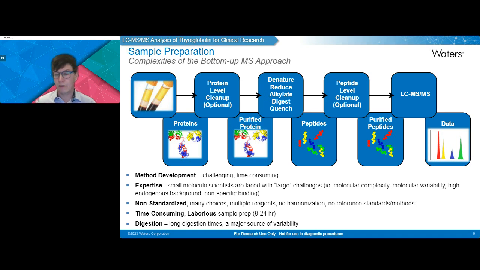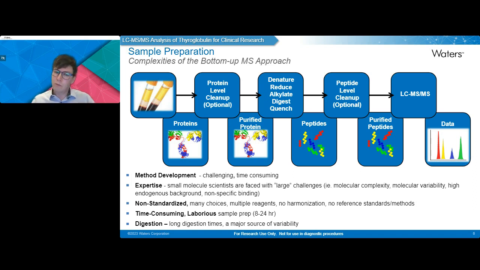Alternatively, you can do an SPE cleanup, but this often acts as more of a desalting step to just clean the background of the matrix up more. It doesn't necessarily remove other proteins or peptides within that matrix. Within that workflow, you also have the option to denature, reduce, alkylate, digest, and quench the digestion of the protein. And also possibly you could introduce some sort of deglycosylation too, if you know that glycosylation could potentially be an issue.